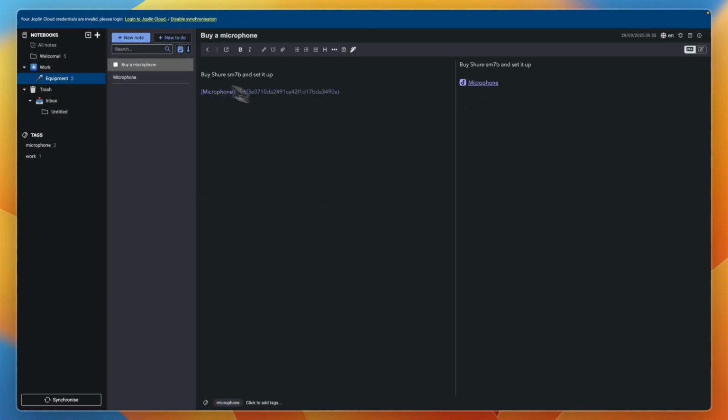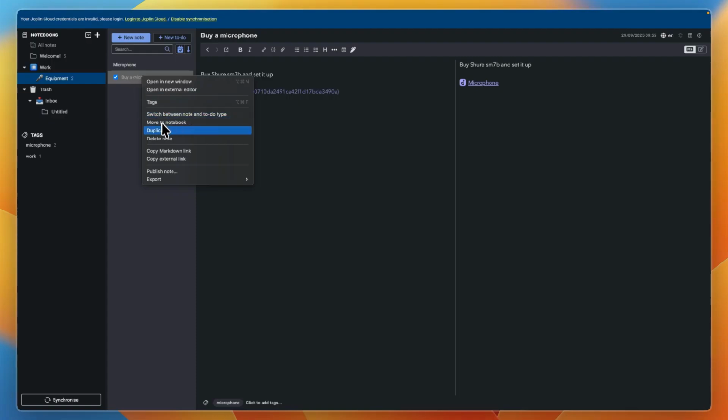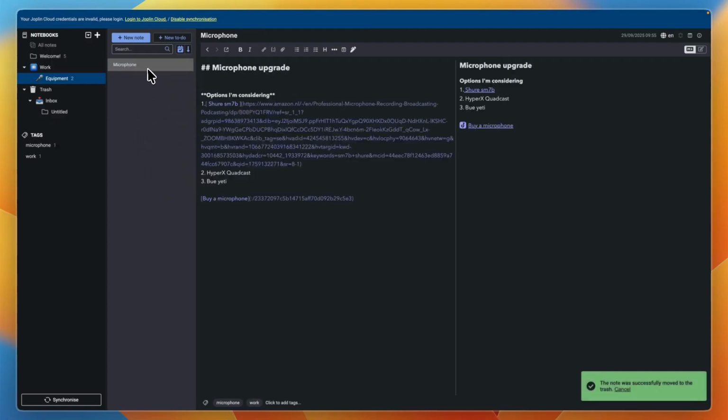And now if I have completed this task, what I can do is check it off, and if I want to delete it, I'm just gonna right click on it and then you can click delete note, and now it will be